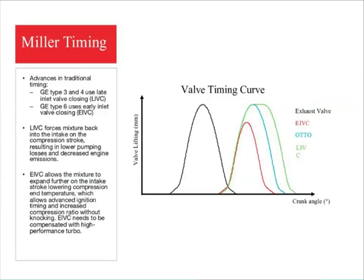Moving along from the original Otto principle then, a lot of engine manufacturers have developed their timing cycles in order to try and drive lower emissions, drive higher efficiencies. The GE Jenbacher product utilizes Miller timing, so-called after the chap that developed this principle. And there are 2 concepts to Miller timing. We have late inlet valve closing,